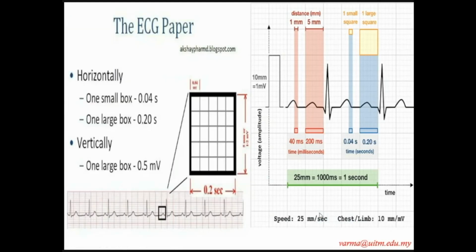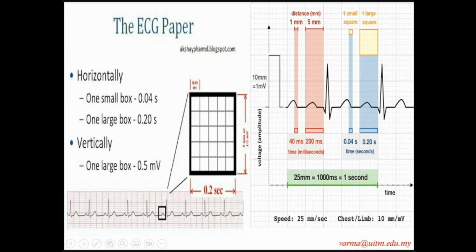So now we go to the technical part of it, which is kind of boring, and things you have to memorize for MCQ's sake. Okay, this is our ECG paper. All these values can come out in your MCQ. So on the ECG paper, one small box corresponds to 0.04 second. One big box consists of 5 small boxes. So 5 times 0.04 is